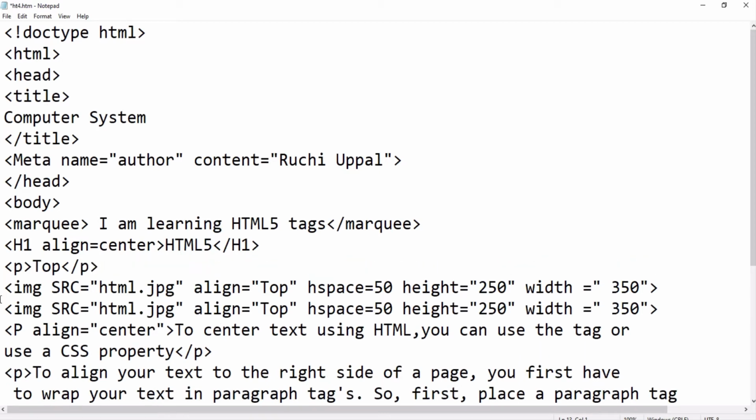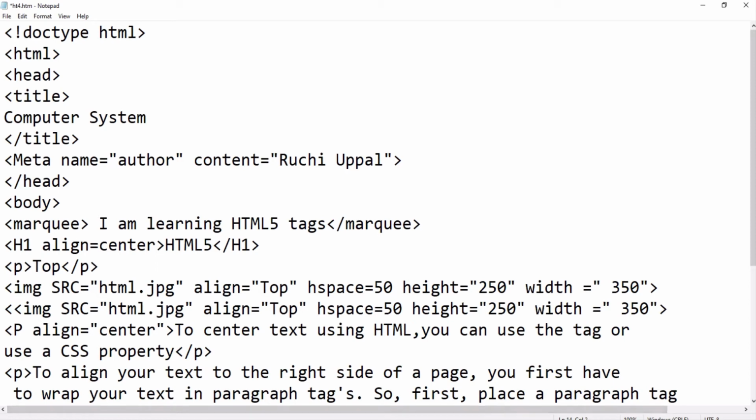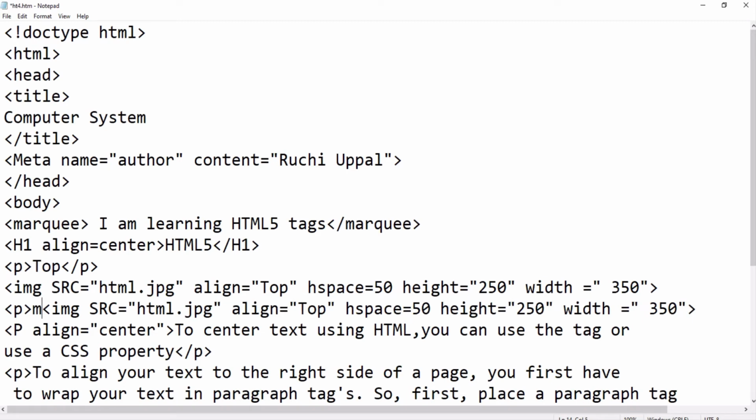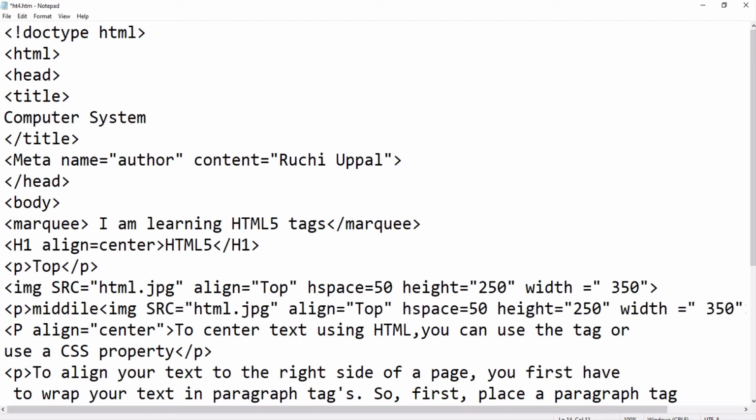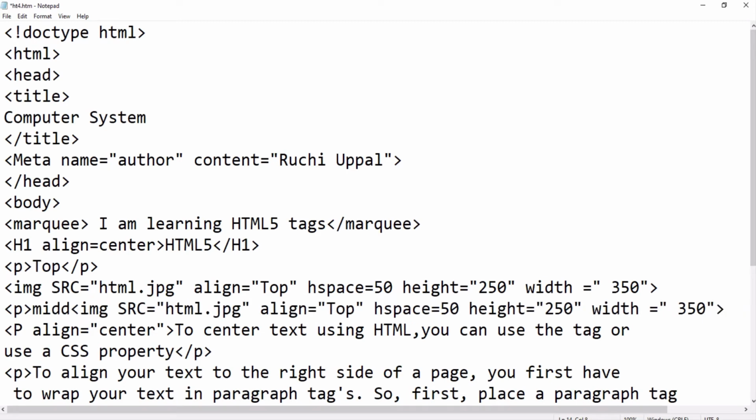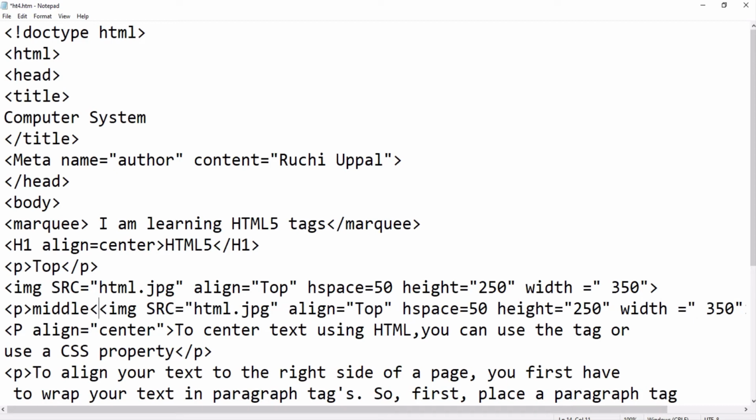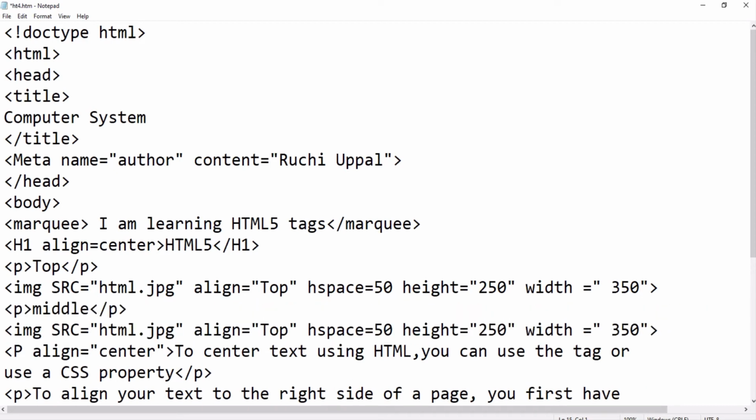Now again I will write here. Next I am using the middle. Middle, closing.